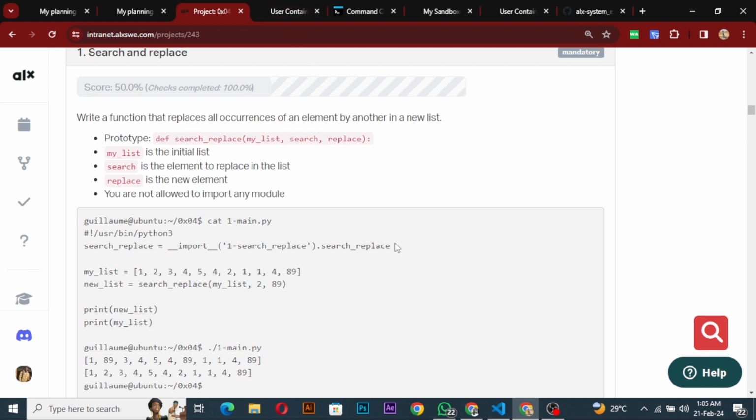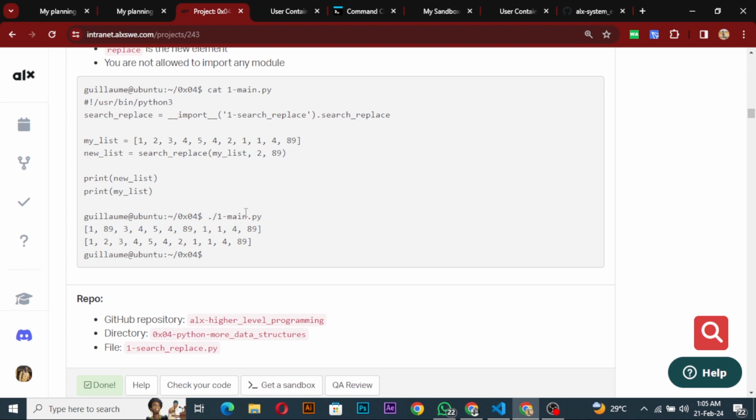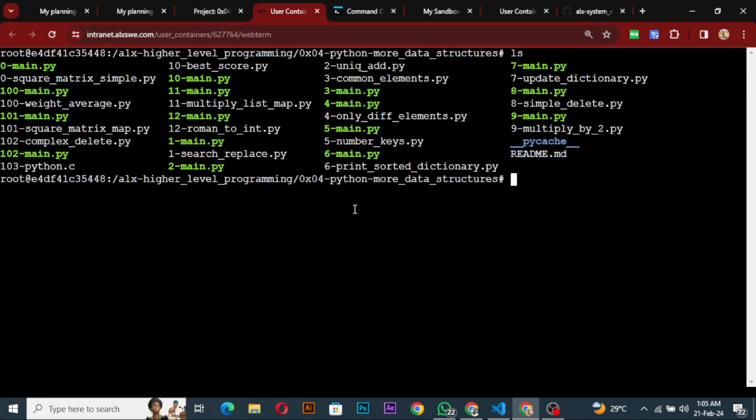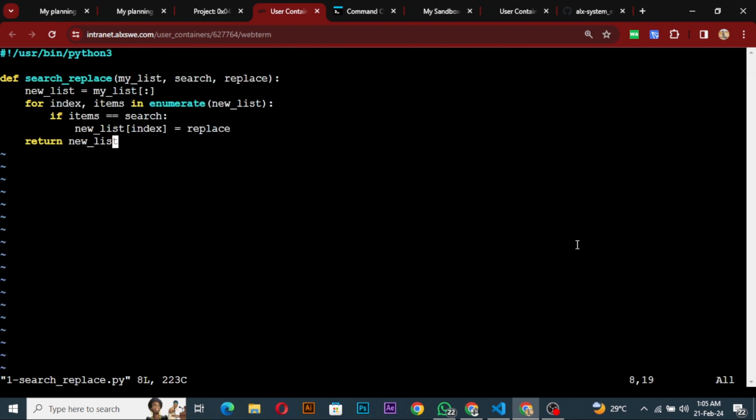So it's a quite simple task, and that should be one search replace. So we'll vi our one search replace, and then we'll say we'll create a new list, right? And then we'll pass all that is inside the old list to that new list. Okay, so a new list now holds it, because we don't want to hinder what my list is, because at the end of the day my list was reprinted and nothing was done to it. It wasn't